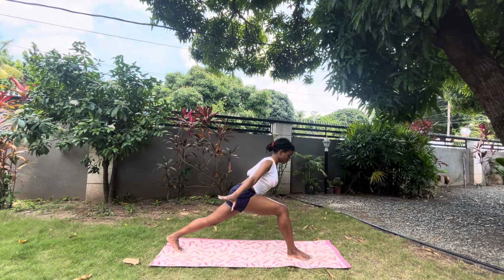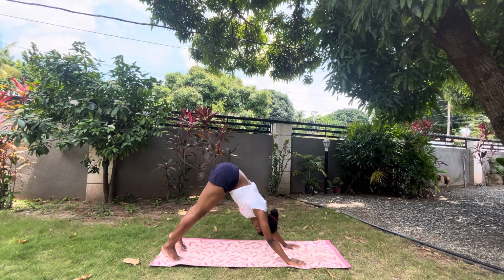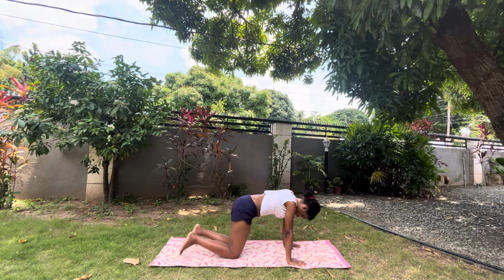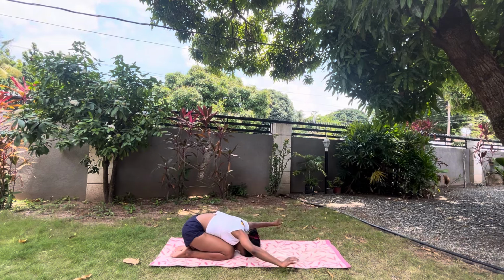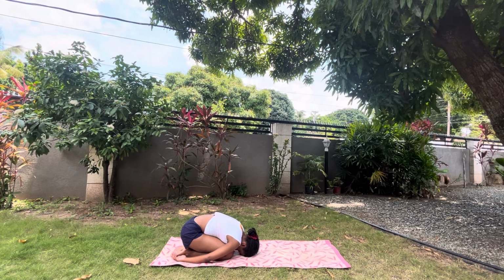Plant the palms. Send that right leg back, and we're back into our downward facing dog. Just for a moment, and then we bend our legs back into tabletop, uncurl the toes, send the hips back, and we take a really nice served rest in child's pose. By this time, our hearts start to be pumping, so let's just try to find our regular rhythm, breathing deeply